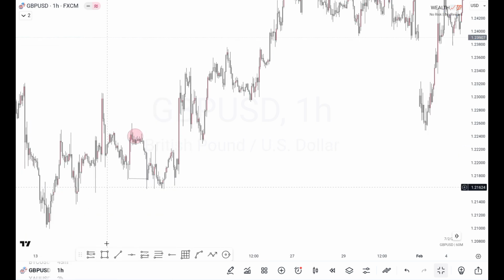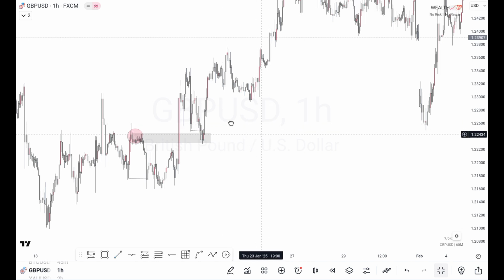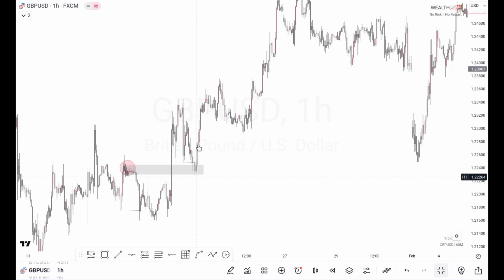Looking at this now, you can see that this is a what? This is a failed order block, around this area has been mitigated, and this is a run of liquidity. Look at this massive candle that happened here. After this run of liquidity happened, we now have what? An engineered liquidity beneath. Can you see here? After the engineered liquidity, you can see that price did what? Price moved to the upside,